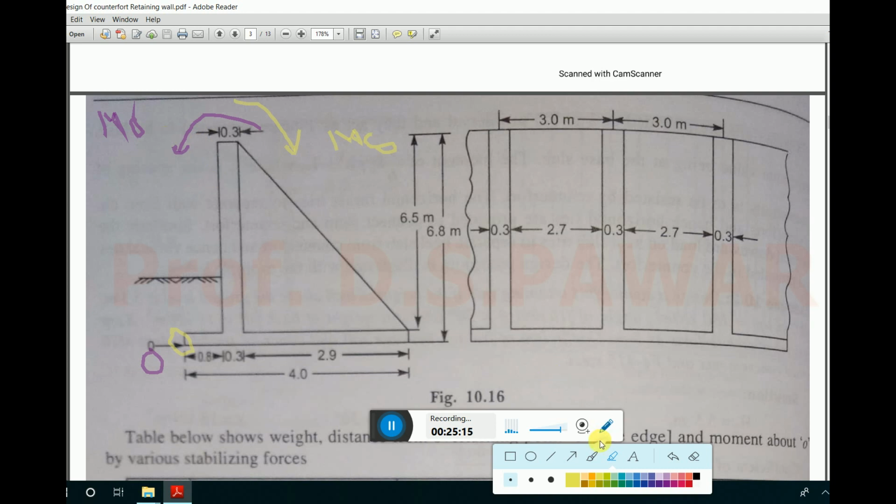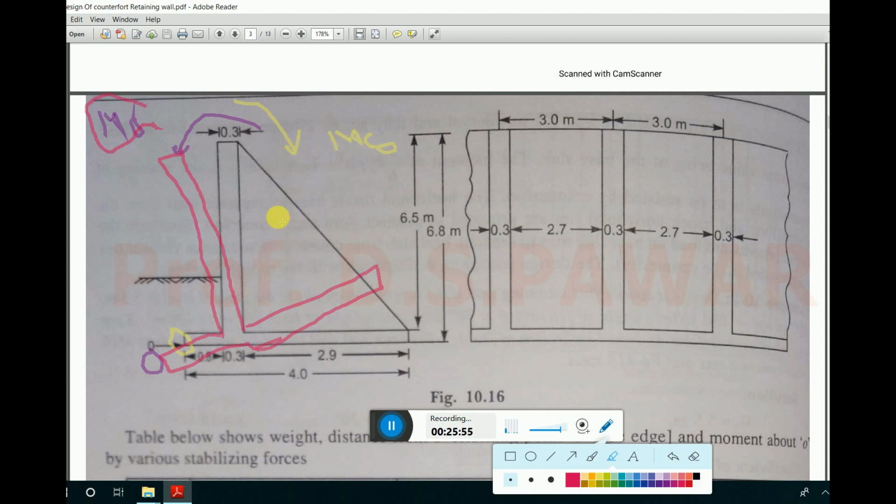If the moment is like this, the structure is going to overturn like this. This retaining wall is going to overturn. But if the stability moment is more, in that case you can avoid this. Now please remember one thing: if M0 and Ms values are both the same, then the structure is in equilibrium.